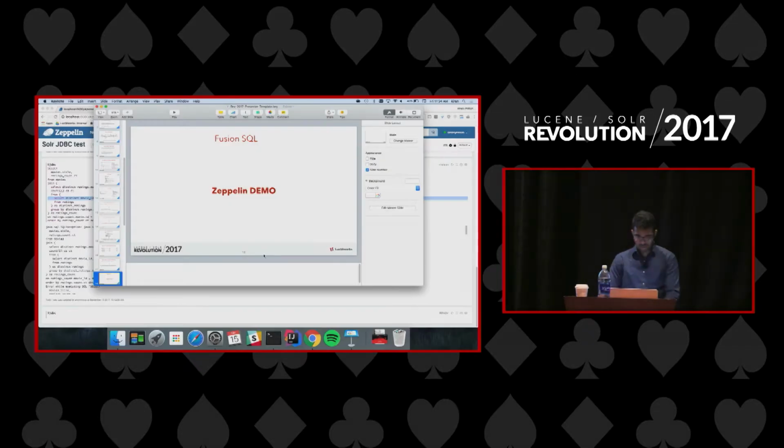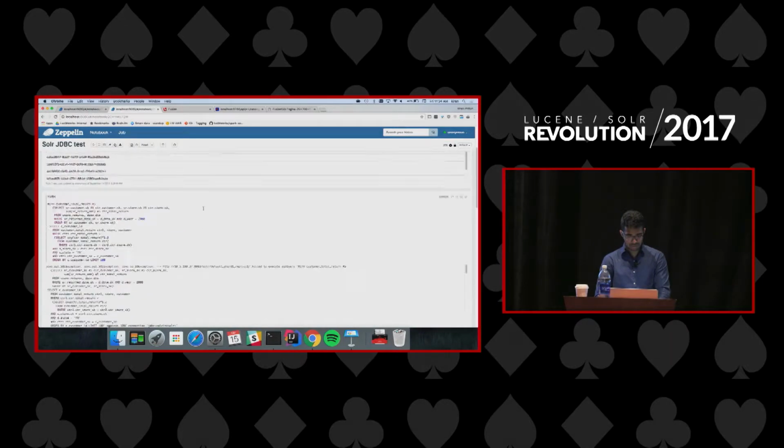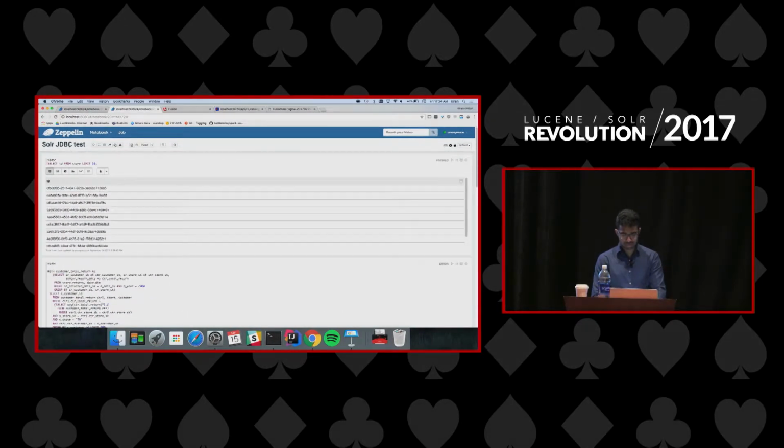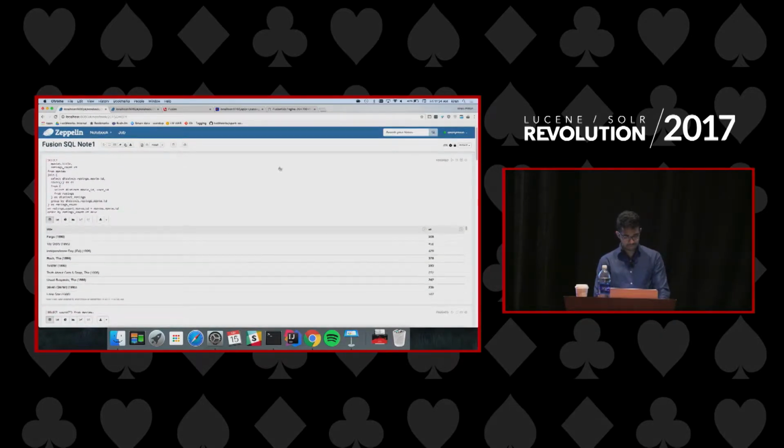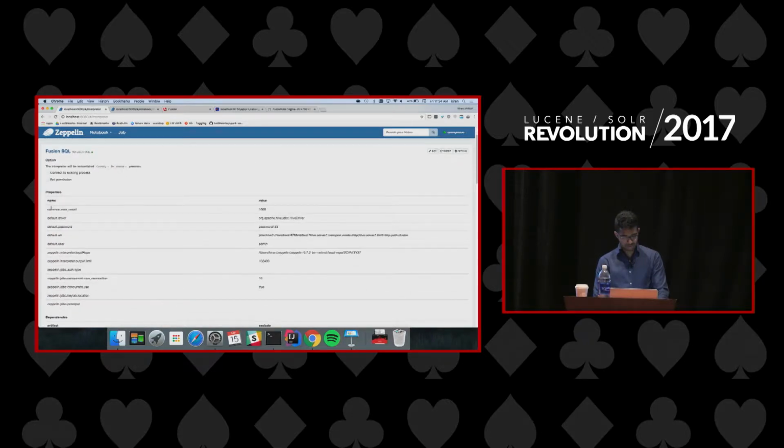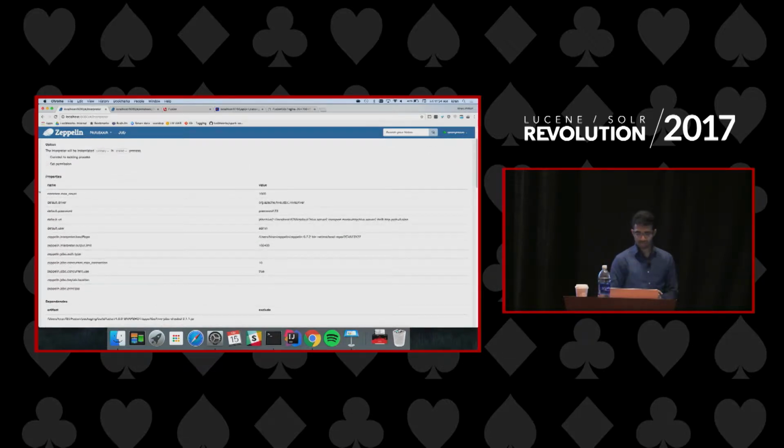And then I'm going to show you here a Zeppelin demo. So here, the one we have here, I was showing you Solr JDBC test, right? Now I configured another interpreter here, which is the Fusion SQL interpreter. As you see, here I have configured the interpreter to the Fusion port, the port that runs the Fusion SQL